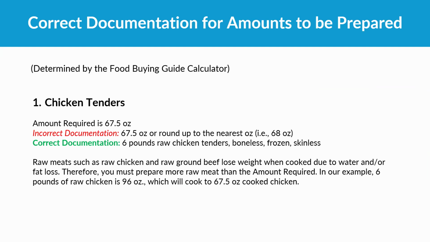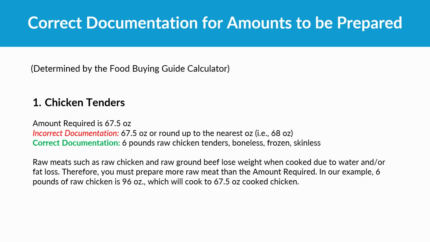Now we're using the same food and amounts I just showed on the previous slide as the example. The amount required according to the meal requirements calculator is 67.5 ounces, so that would be documented in the amount required column. Again, we're focusing on the amount to be prepared column. The incorrect documentation is 67.5 ounces, or rounded up to the nearest ounce, like 68 ounces. We don't want you to simply put in the same number as the amounts required column,